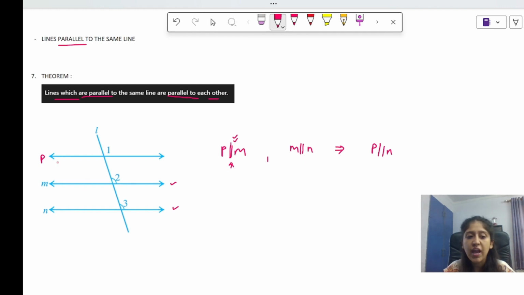मतलब we can see also. ठीक है, अगर हम कहते हैं कि P is parallel to M, ठीक है, and we say M is parallel to N, we can also see P is parallel to N. Yes, so this is what this theorem actually tells, and this is a very very important theorem. This is actually visible only कि दिख रहा है आपको in this diagram, but actually this theorem is very very important. ठीक है, अभी मैं आपको ना इसमें just to introduce and just to inquisitiveness आप में लाने के लिए